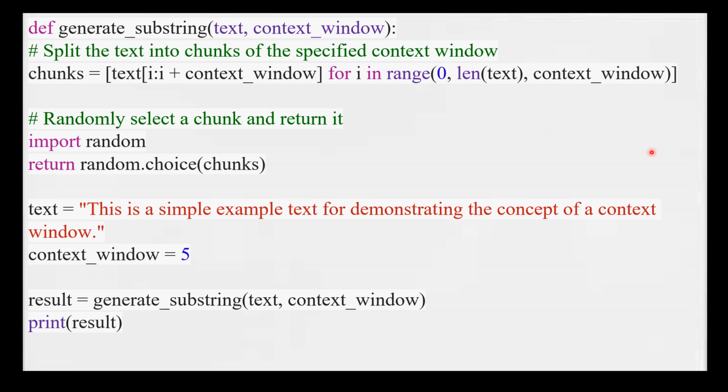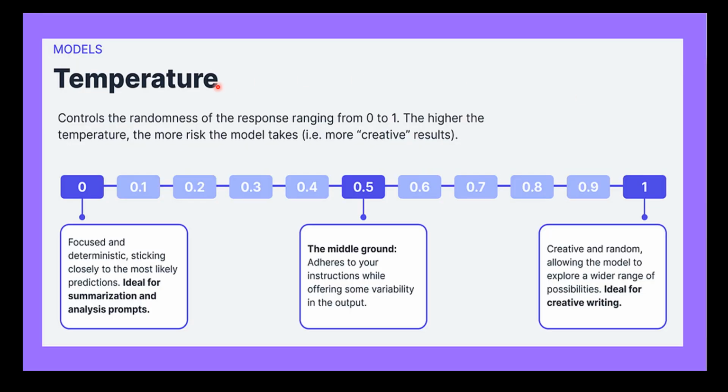So next, let's understand what's temperature. Now this temperature in prompt engineering can be thought of as the randomness level or creativity factor that influences how varied the model's response will be. So a lower temperature results in more coherent and contextually relevant outputs, while higher temperatures lead to more diverse and potentially creative responses. So to understand this better, imagine you are a chef and you are following a recipe to